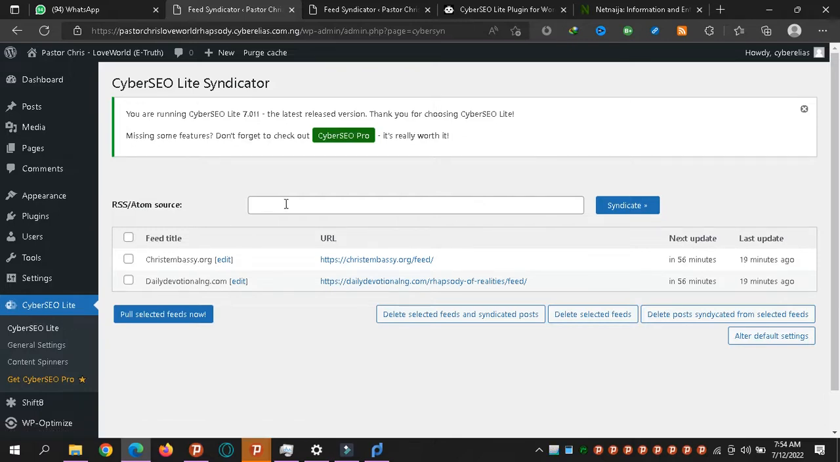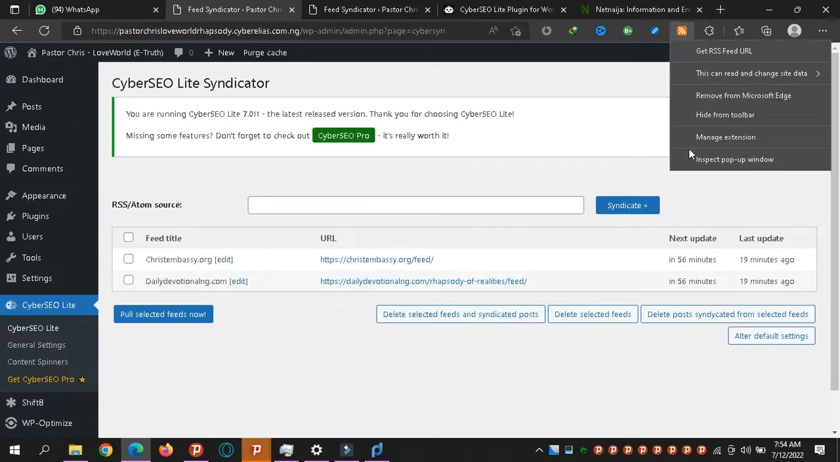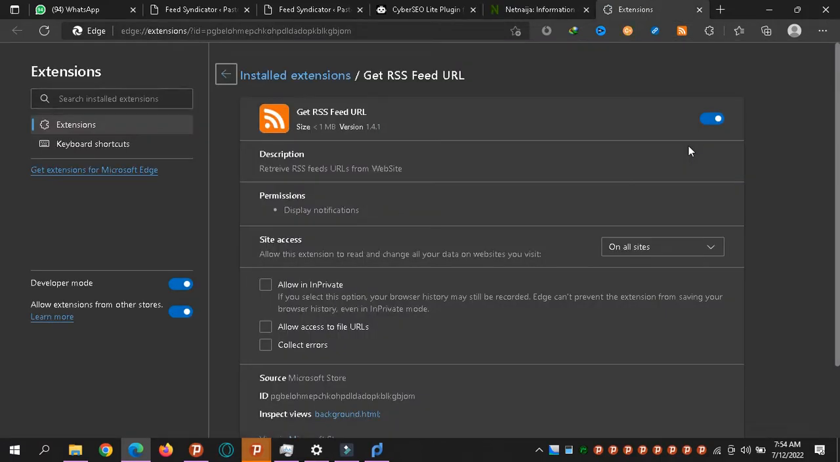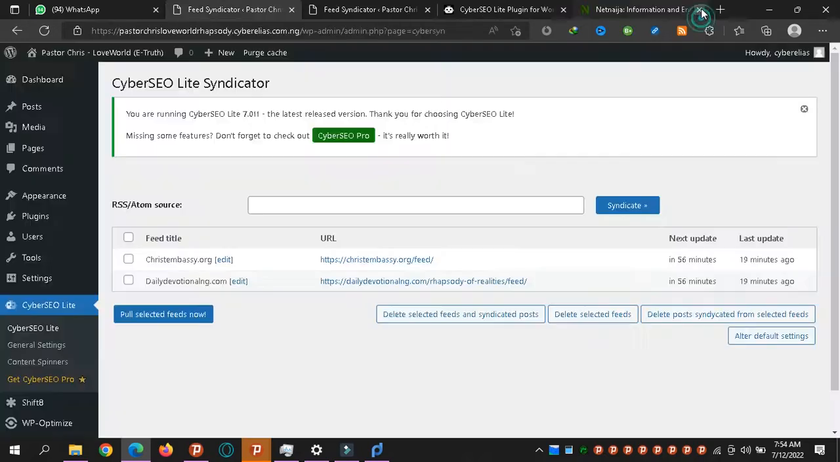So here you put in the URL you want to syndicate. Now, what it means is some sites allow you to get feeds from them. So when they publish a new post, it's available on their feed. So what you do is, I have a plugin, an extension here for Chrome, and you can even find it for Mozilla or other browsers. It's called Get RSS Feed. It's RSS Feed URL. So what this one helps you do is just automatically finds the URL for that feed